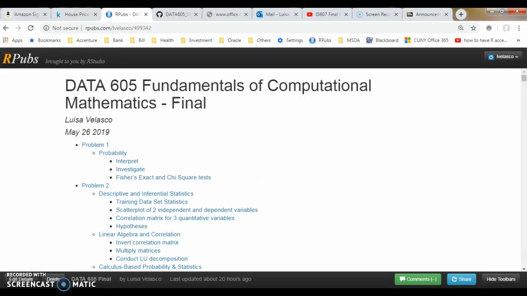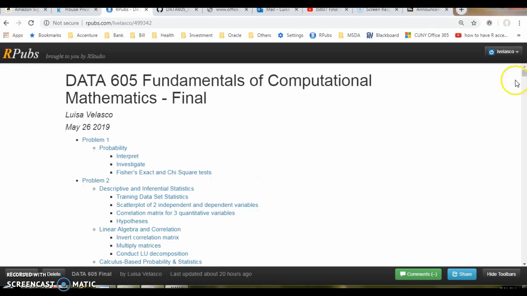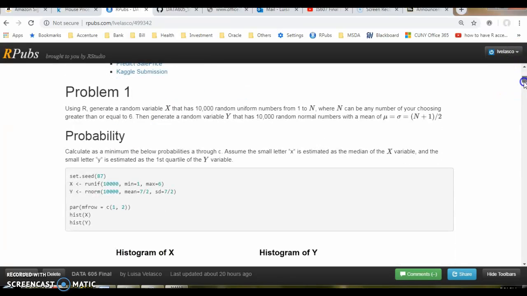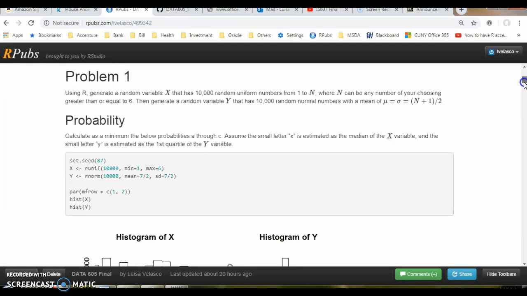Let's dive in. For problem 1, probability. So we generate a random x variable that has 10,000 random uniform numbers from 1 to 6. And for the y, we selected a random variable with normal numbers having a mean and standard deviation of